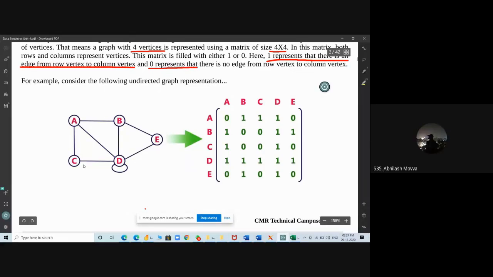Directed or undirected? Undirected, sir. Why undirected? No arrow symbols are given. Yes, there is no direction in the edges. Okay, in the same way,